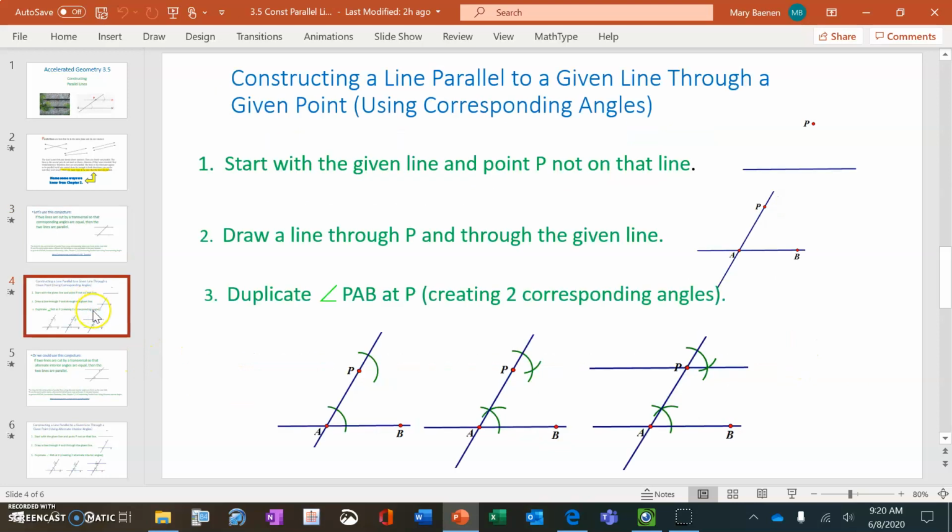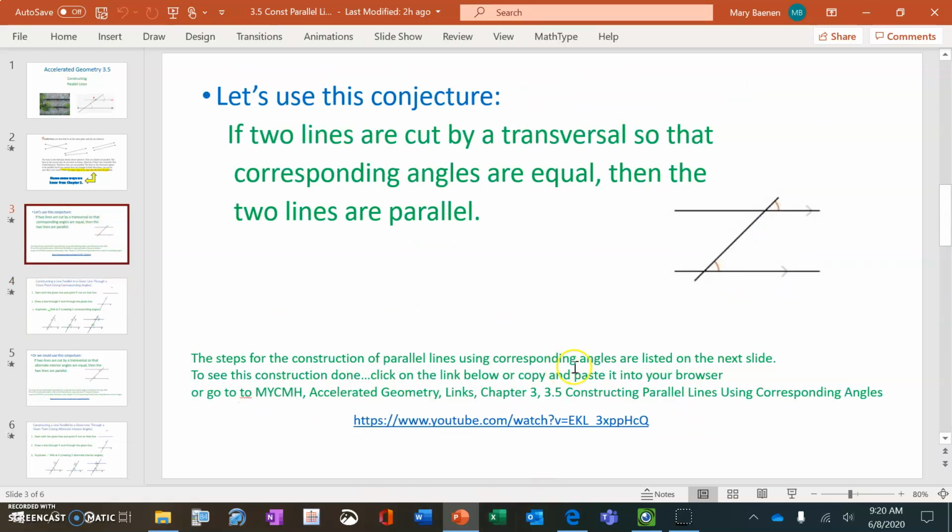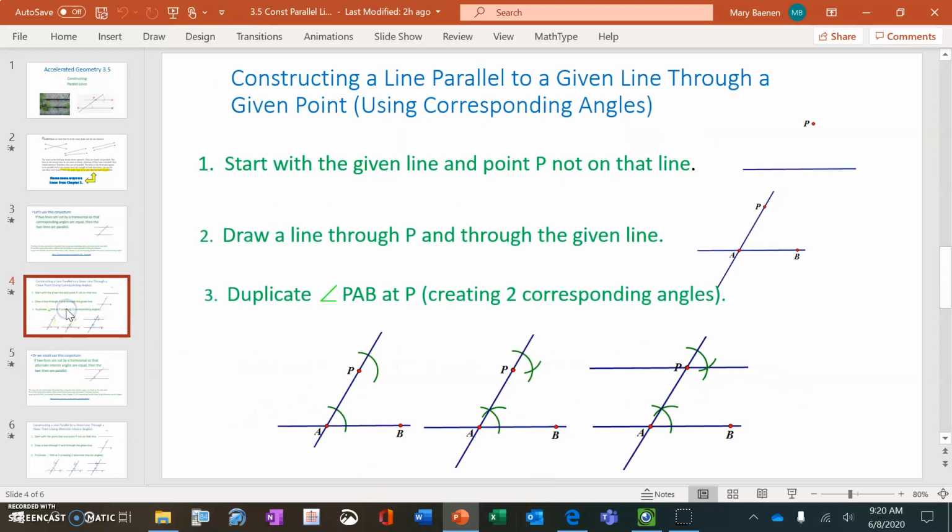As always, there's a set of directions. You can follow these directions as you watch these videos, and you can also follow these directions as I do the construction. It says start with a given line and a point P that is not on the line, and then draw a line through P,